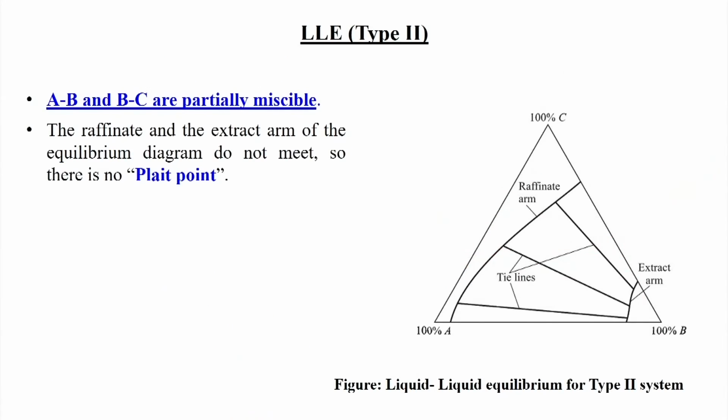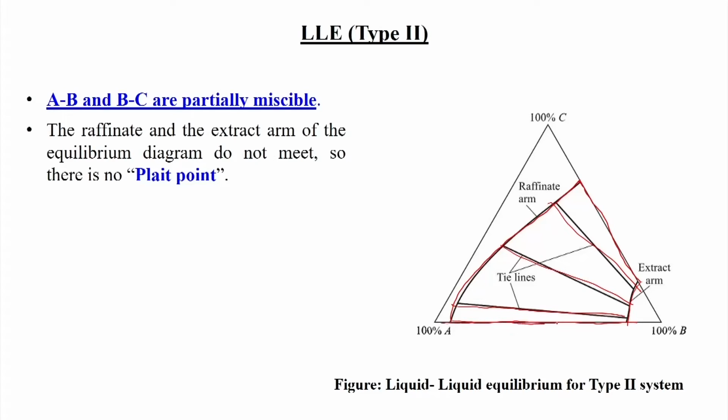Okay. The other type is where A, B and C are partially miscible. In that case there is no plait point. So this raffinate arm will be like this, and this extract arm will be like this, and then all the tie lines are obtained in this way. So this is one tie line, the line where 100% C is present, and in between this AB line, this is also